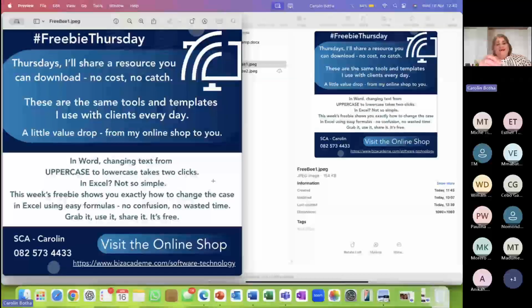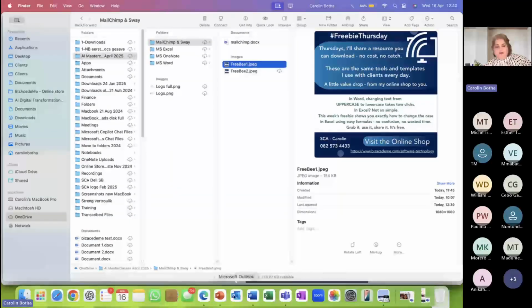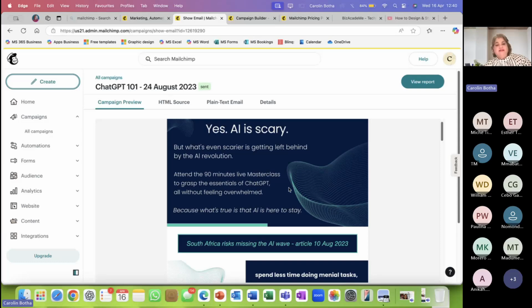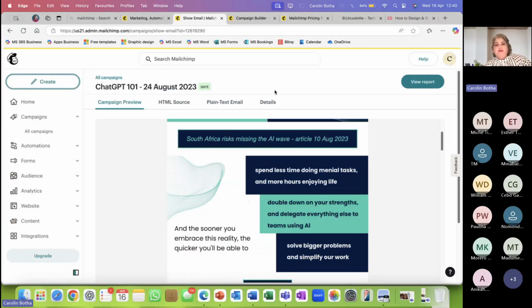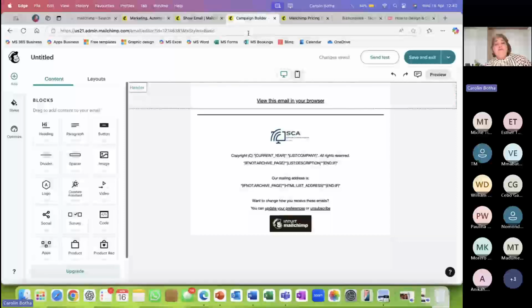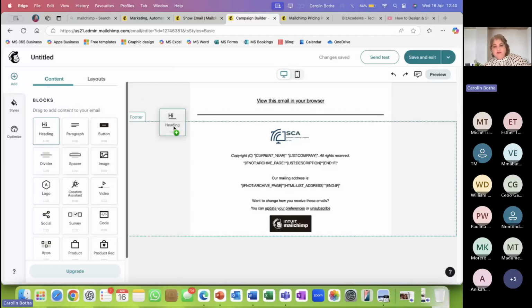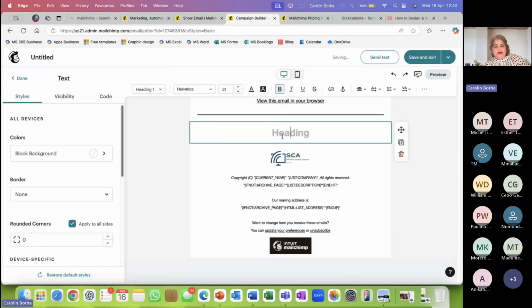So I can take this image that I've created in Canva, which is no big deal. I'll show you tomorrow. Download it as an image, a JPEG or a PNG, and then it looks like this. And I can go back to MailChimp and upload it as I have uploaded these images. So let's go back to our campaign builder. First of all, I would like to add a heading. So let's just do the heading here and call it stuff for free.